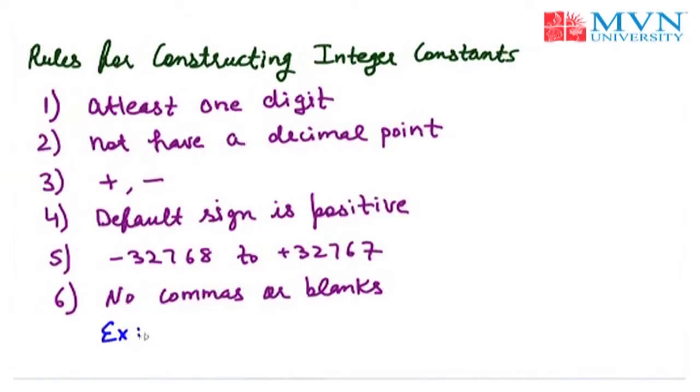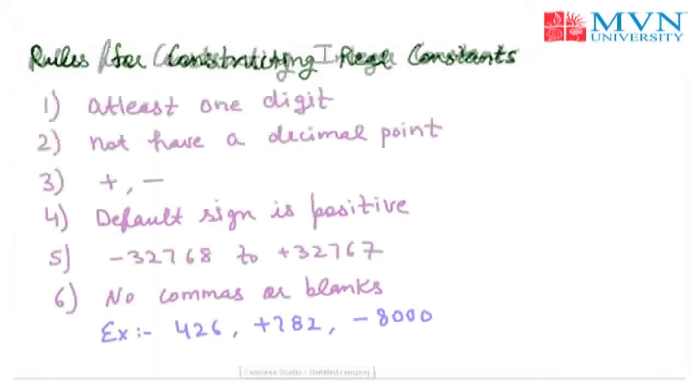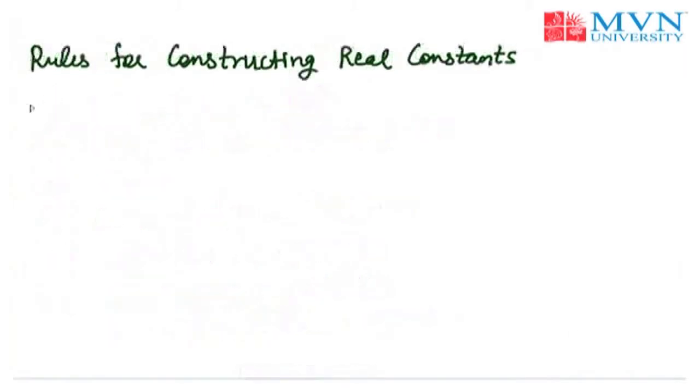For example, 426, +782, -8000. These are the examples of integer constants in C. Next comes rules for constructing real constants. Rules for constructing real constants are same as we have discussed in integer constants, except one, that it must have